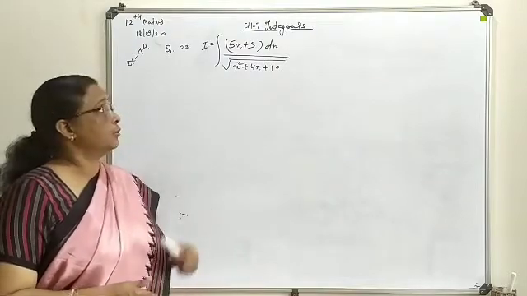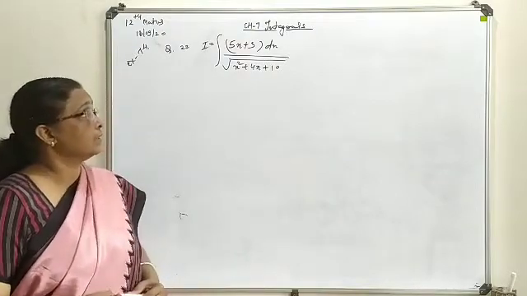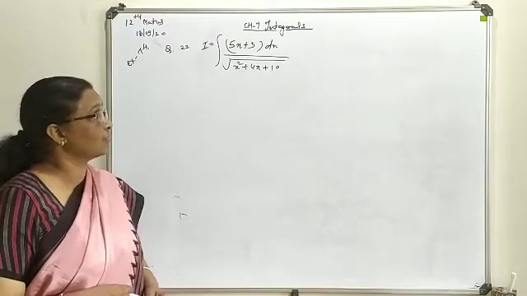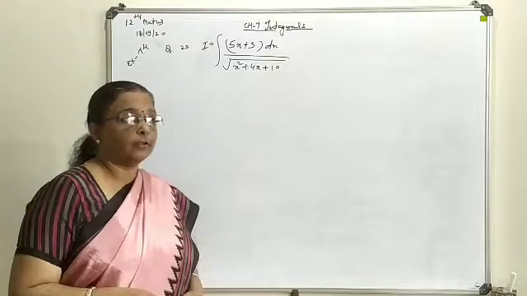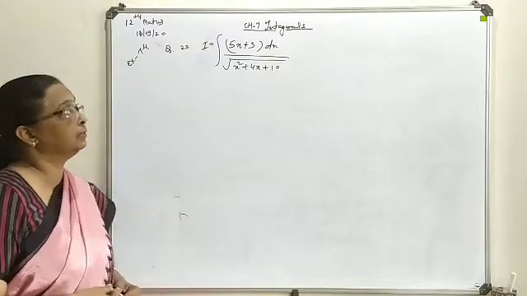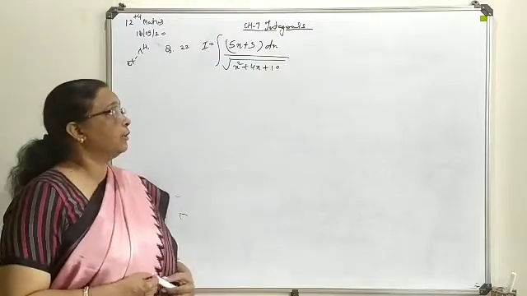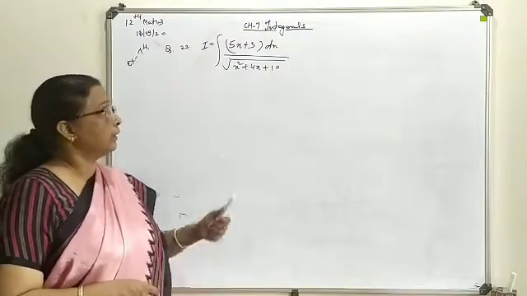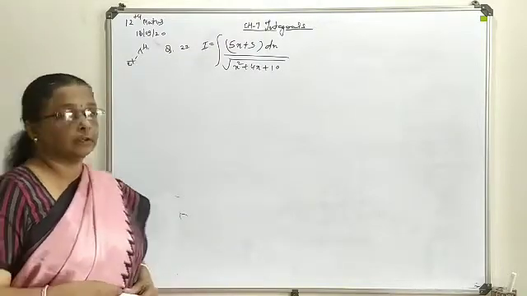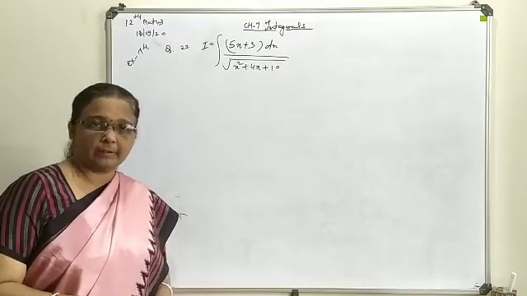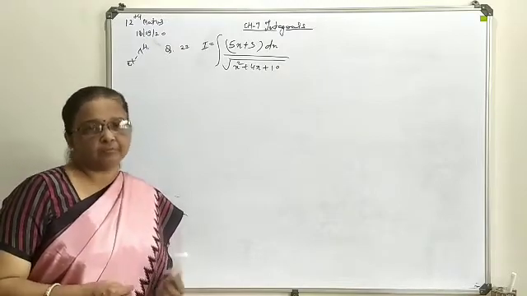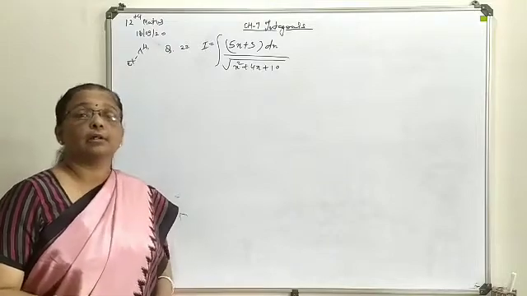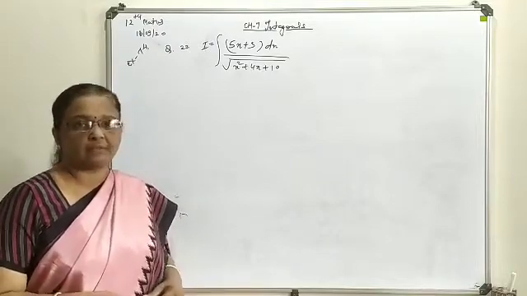So this is the question available with us: 5x plus 3 upon the square root of x square plus 4x plus 10. If you look at the denominator term inside the square root, you will find its derivative gives you 2x plus 4. In the numerator, the multiple of x is 5, so it does not match the required 2. So how do we generate its derived form? For that purpose we have one method.